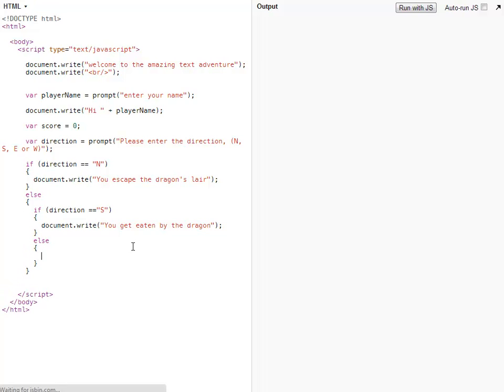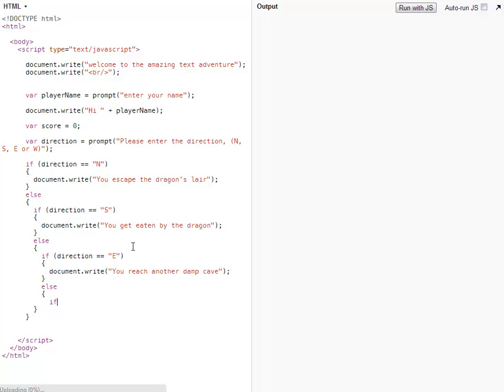And so again, I'm going to nest another if statement to deal with the case of east. And I'm just going to put another space in here. You'll notice my spacings around every operator, I put spaces either side. That just keeps things a little easier to read. I don't have to do that, but you'll find that programmers normally do. So if the direction is east, I'm going to again write something onto the screen, and this time you reach another damp cave, and we'll do an else in case they didn't pick east,